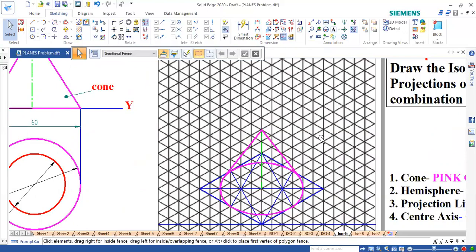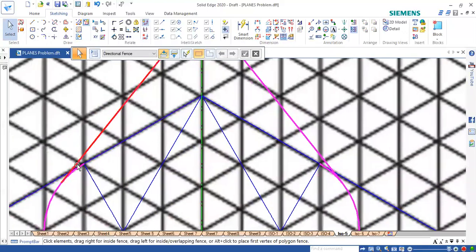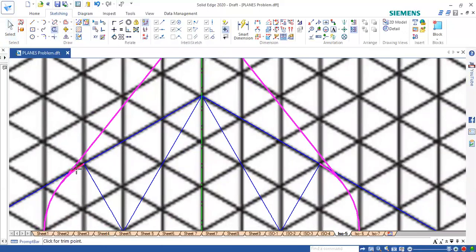Later, if you watch from the front, this cone portion is visible, so this arc will be removed. You can delete that or you can make it a projection line. And then here, at the arc portions, I can trim this small arc extended portion.